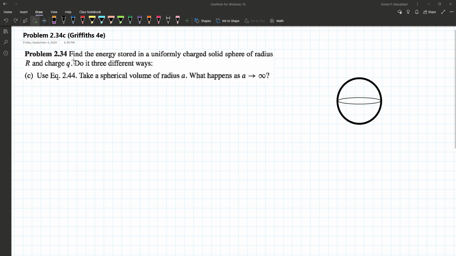The problem reads, find the energy stored in a uniformly charged solid sphere of radius R and charge Q, and do it in three different ways. In the previous videos, we've already answered this problem for letters A and B. In our video today, we're going to solve this problem using equation 2.44. But what is equation 2.44? Equation 2.44 states that